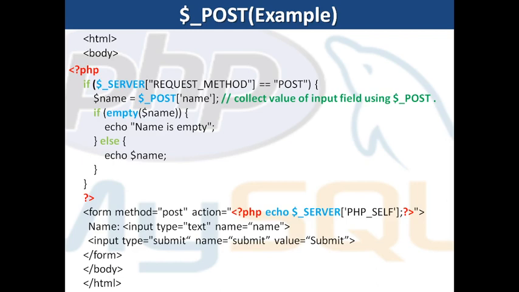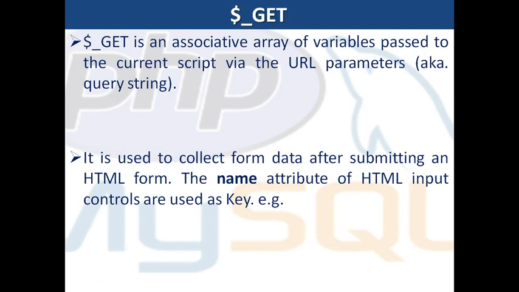So we have seen this on the browser itself, same way, exact same, no changes there. $_GET is an associative array of variables passed to the current script via the URL parameters, also known as query string. It is used to collect form data after submitting an HTML form. The name attribute of HTML input controls are used as key, similar to the $_REQUEST and $_POST array. So let us check it on the